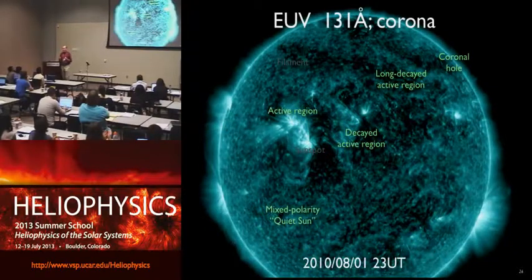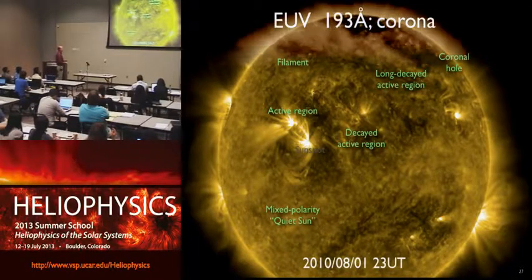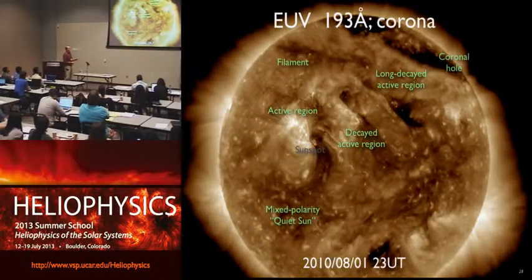Every wavelength we pick, now we're in the extreme ultraviolet, so only light you can see in vacuum, shortward of about 200 angstroms. Moving into ever shorter wavelengths, so the equivalent of higher temperatures, you see more and more of these structures. By the way, notice the solar surface has now gone dark. It doesn't emit at these wavelengths. We only see the highest atmosphere, the corona. And the corona is full of these interesting structures.